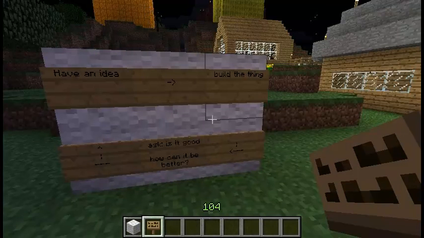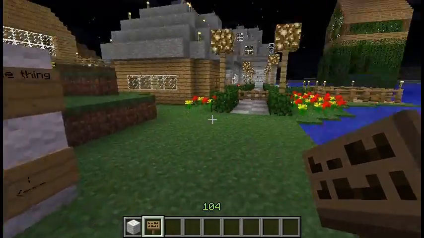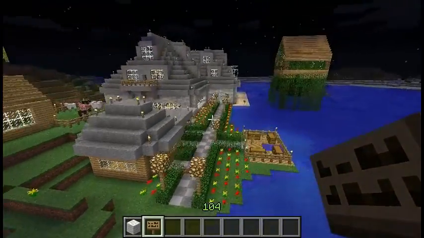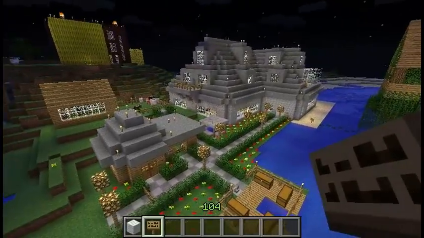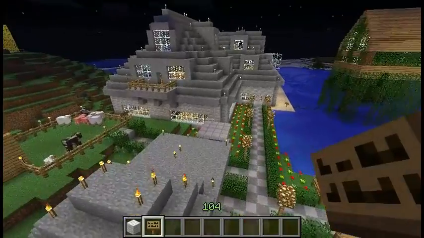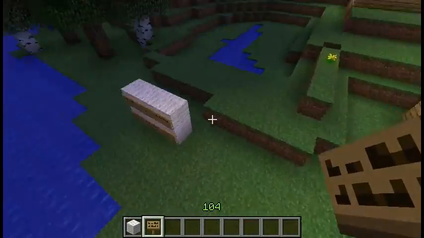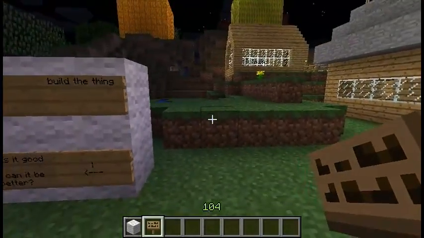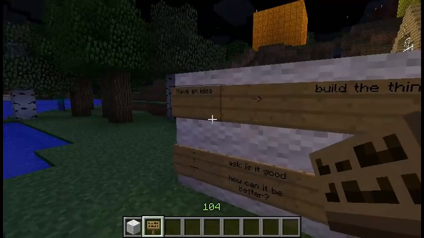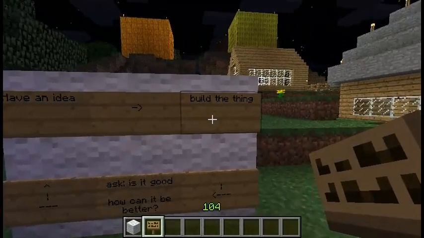Wait, what is... Oh, mob griefing is on. Stupid Enderman. So, I mean, he says he's built a house here, he's built a few things, and he just wants us to comment. And this house is interesting, right? It's good. But I mean, our friend Wesley, he didn't ask me any specific questions.